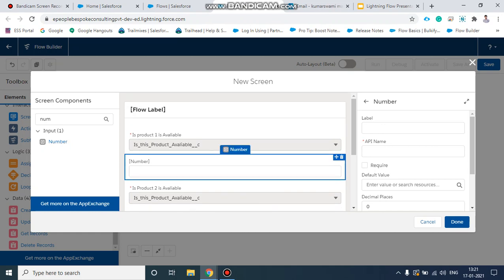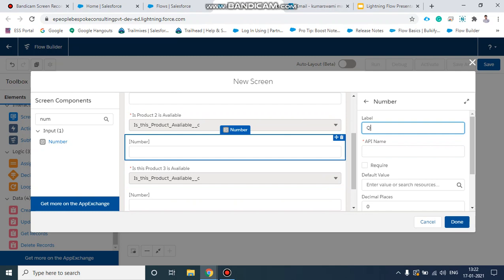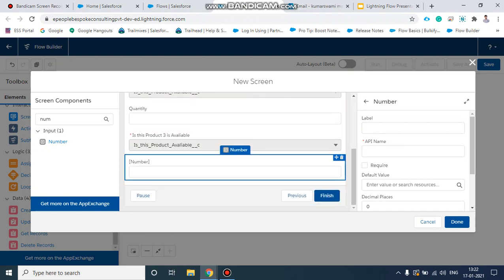We will mention quantity p1 for product 1, quantity p2, quantity p3. API name should be different.